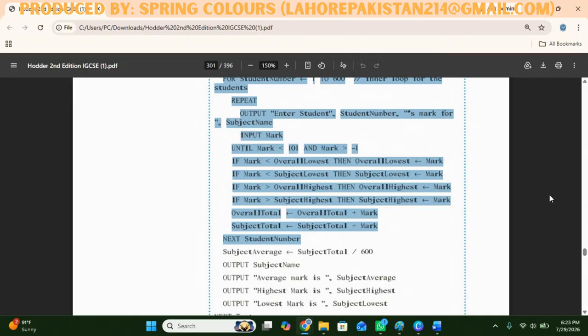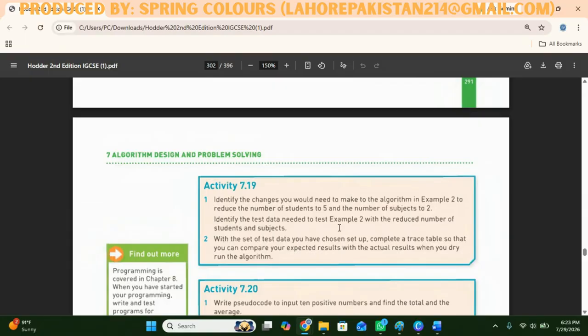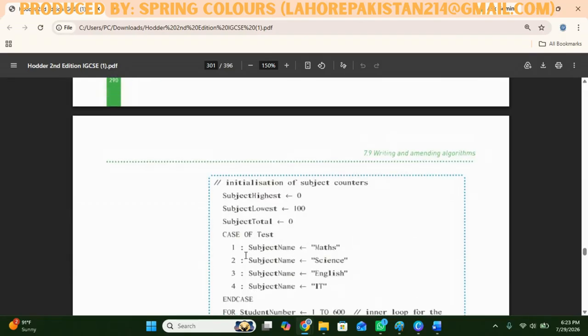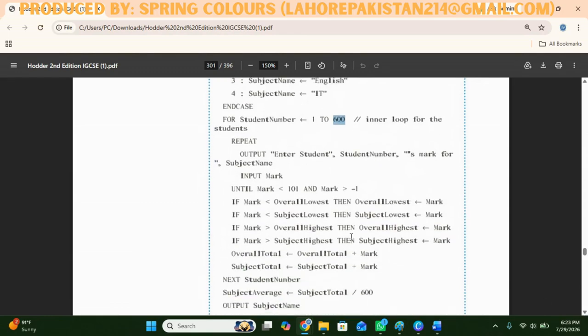Now, in this question, you have been asked to change the number of students to 5 only and the number of subjects to 2 only. So you can see it over here that the number 2 subjects will be deleted from here and the number of students will be changed from 600 to 5 only. The loop will be only for 5 students. Data of all the 5 students will be entered for